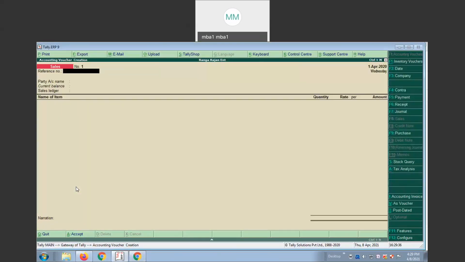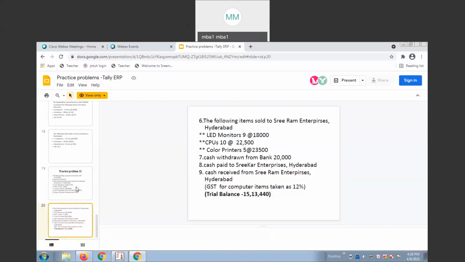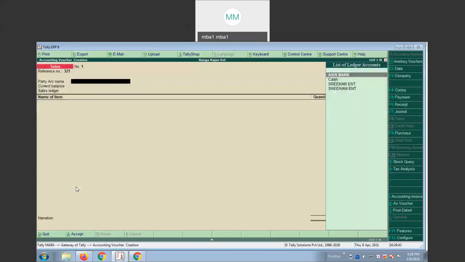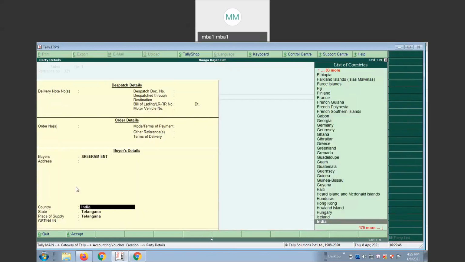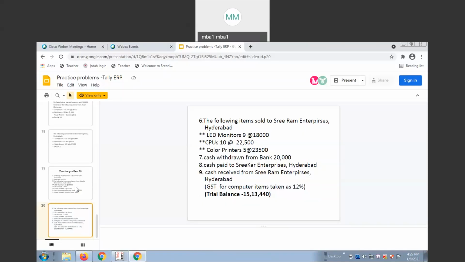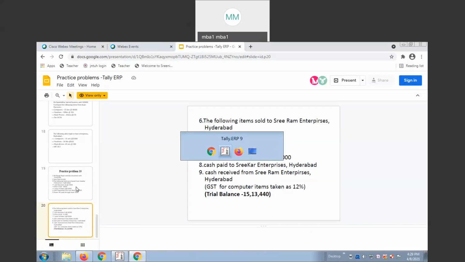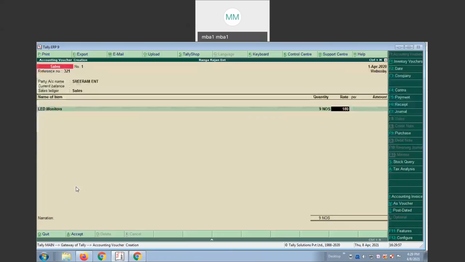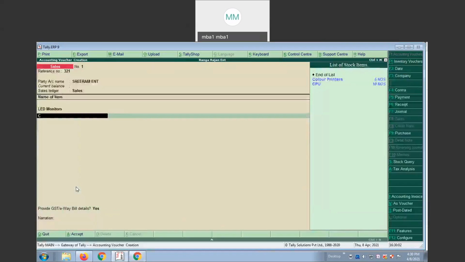F8. Reference number 321. Party name, sold to Sriram Enterprise. Need not give all these details. Sales ledger, sales. First one, LED monitors. How many did you sell? 9, each 18,000. CPUs.